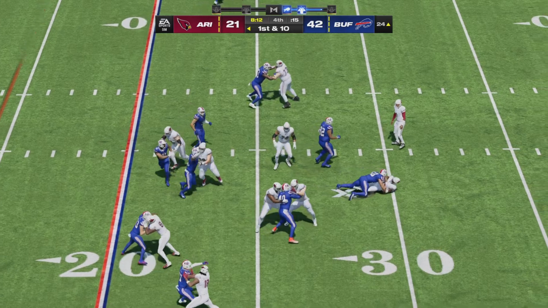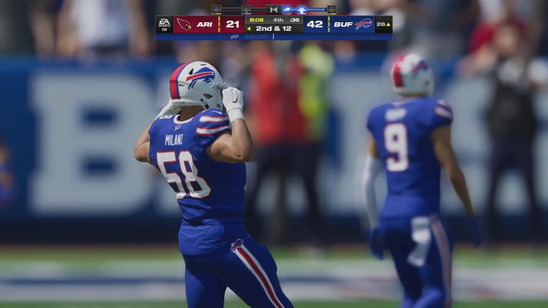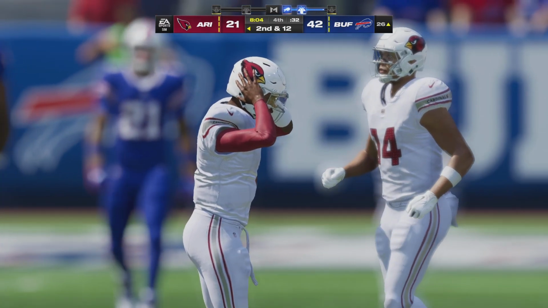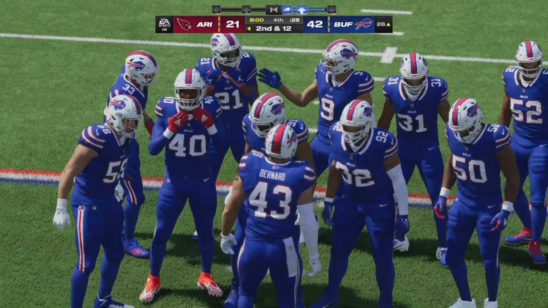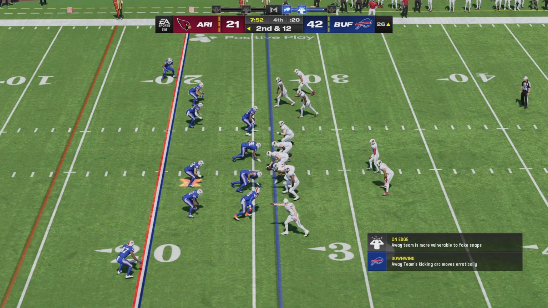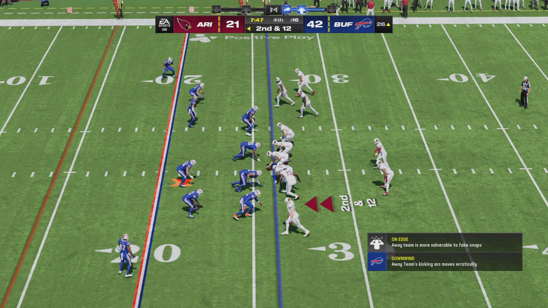On first down, it's Benson, and he is going to be stopped cold behind the line of scrimmage. That's the linebacker, Matt Milano, getting up and stopping him for a loss. Well, they've had success on the ground on this drive, and that makes the defense more likely to overcommit to stop the run as they did on that play. But keep in mind, it makes them susceptible to play-action passes as well.